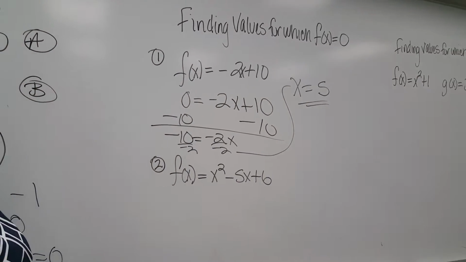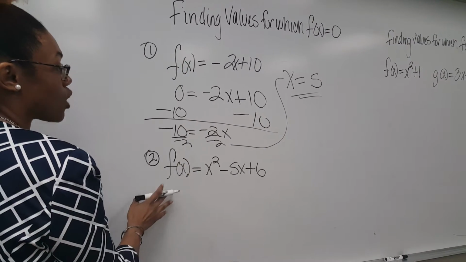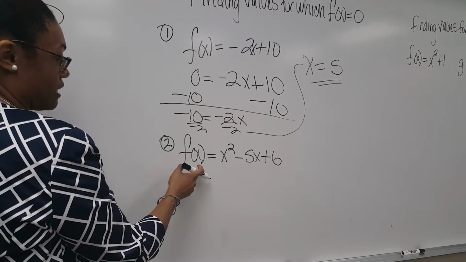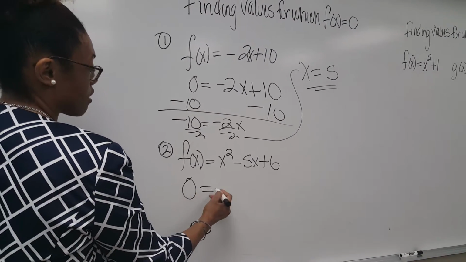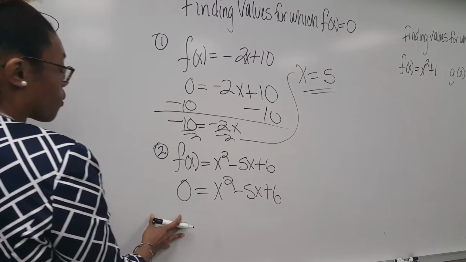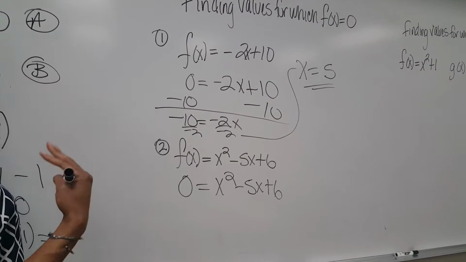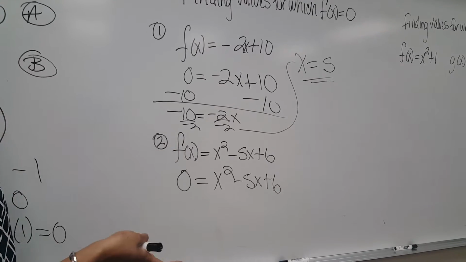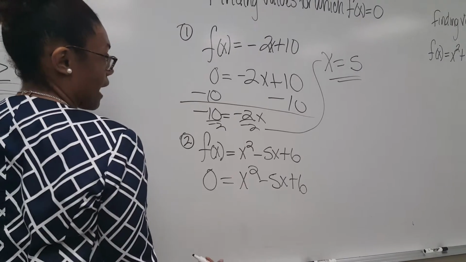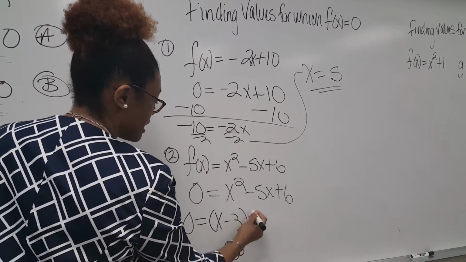Now sometimes it could be a slightly bit more tricky, but you just have to use all the stepping stones we have done to get to this point. So f of x is going to go in for 0. So 0 equals x squared minus 5x plus 6. Well, now I say, what's the best way to solve for that? Square root property, quadratic formula, or factoring? I would say factoring. So I say, what multiplies to be a positive 6 and adds up to be a negative 5? Well, that would be 0 equals x minus 3 times x